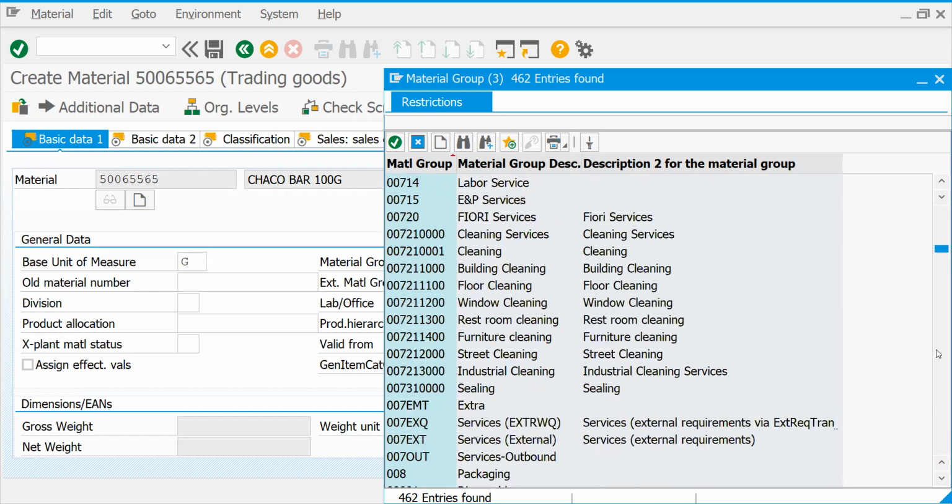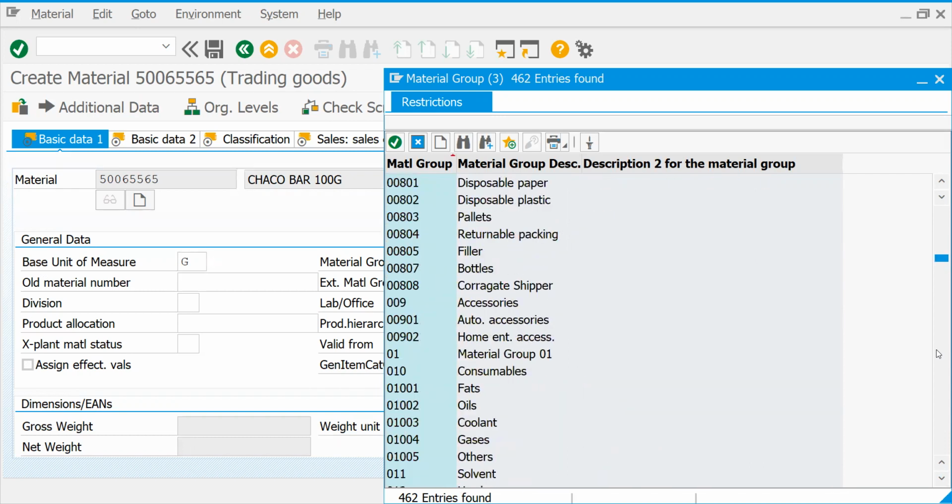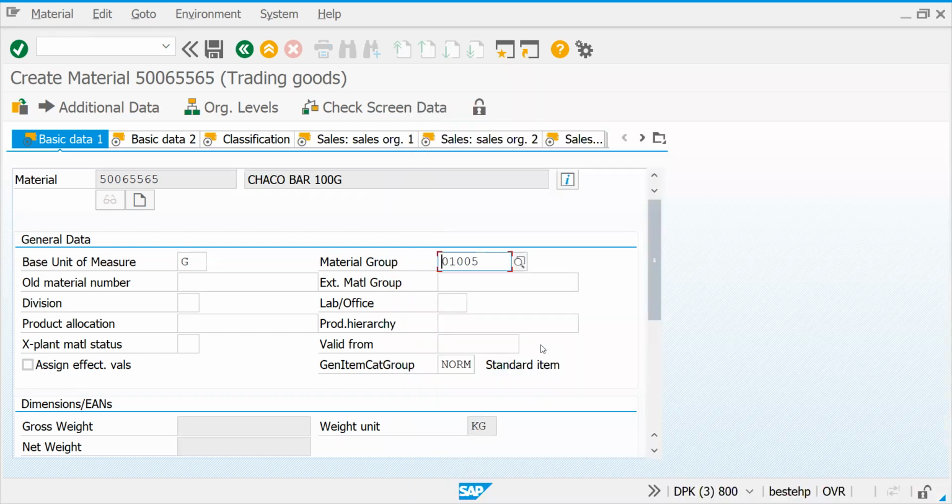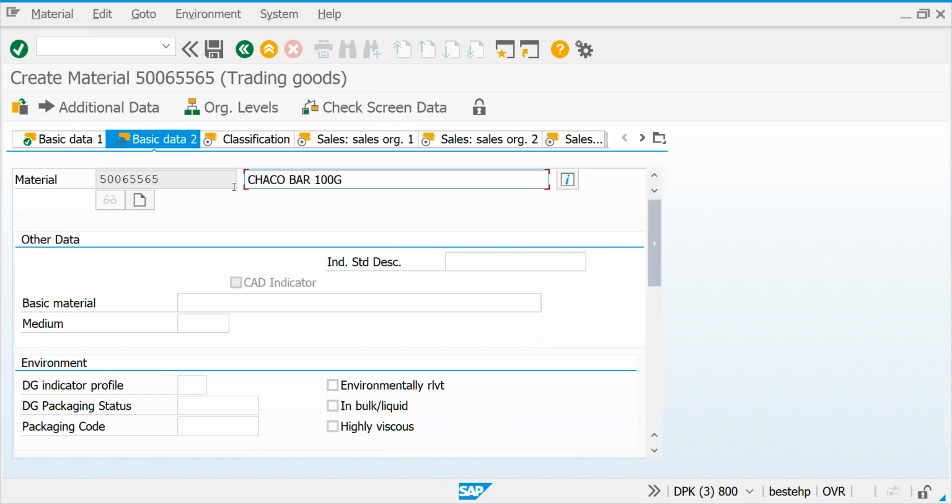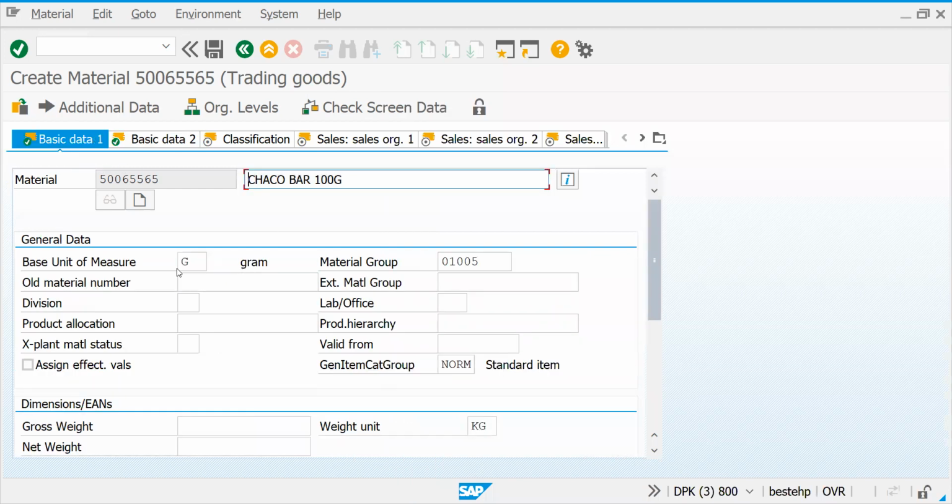I'm just checking. Let's put it as others. Let's press enter. So in basic data, you have a base unit of measurement,